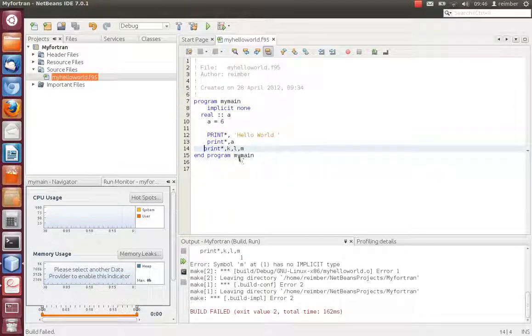I get a build fail, basically because I haven't declared them. Make sure that once you've used